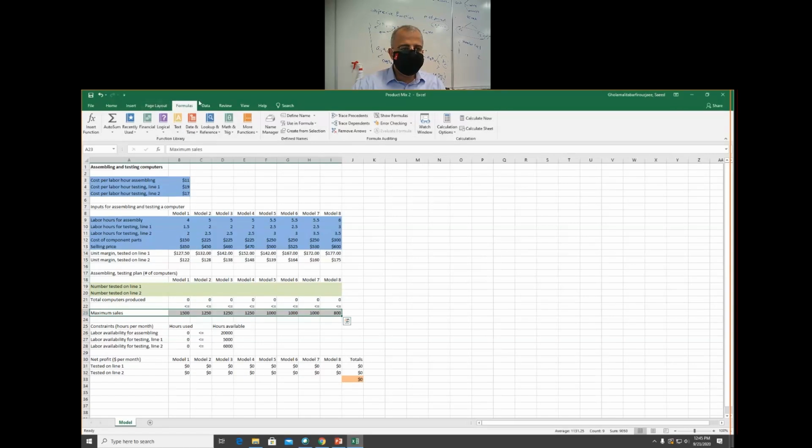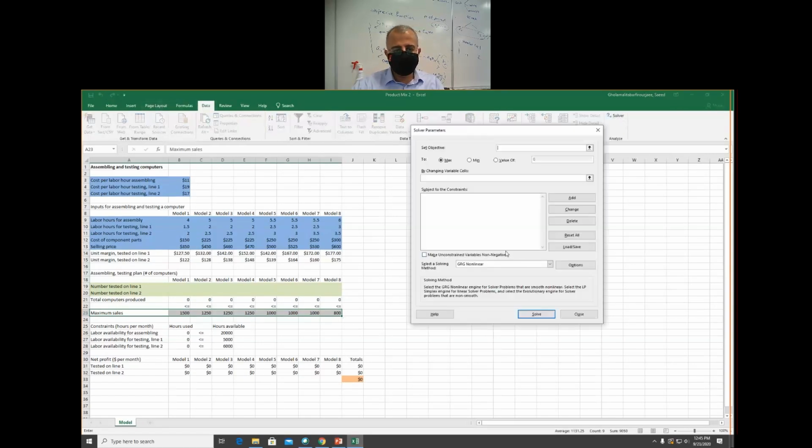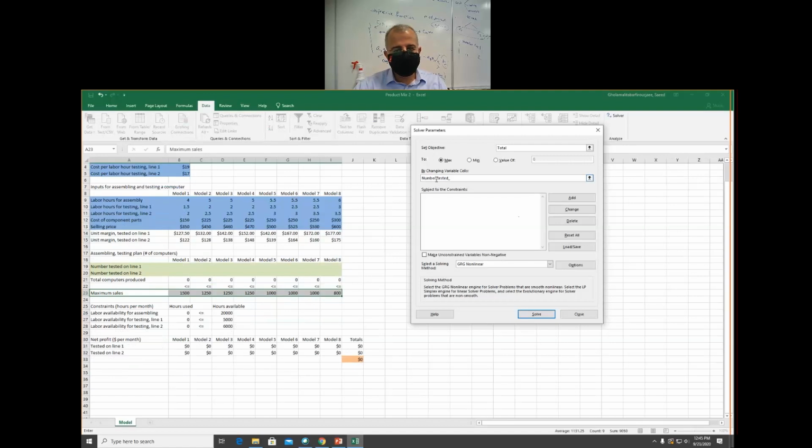Now we can go to Data and run Solver. Here we can define our variables. Total is our objective variable. We have two decision variables, number tested on line 1. For each space in Excel, you need to put an underline in your solver: number_tested_on_